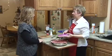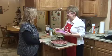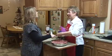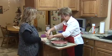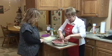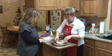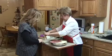And I thought, why should I go buy grated cheese? Because when it's on there and it's melted, you're not going to know that it's grated. Well, there might be a section that has a hole in it. Yeah. But this way, everything is going to be coated evenly with the cheese. It says 12 ounces of Swiss cheese. Okay. So,